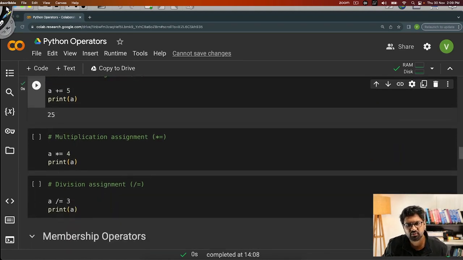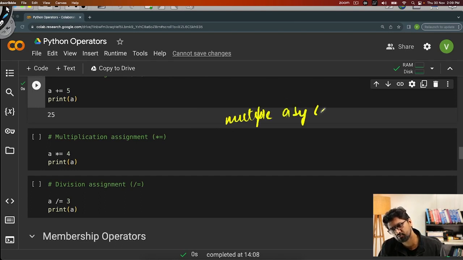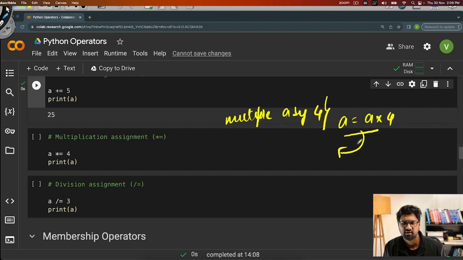Let's say that I want to go and multiply a by 4. I can do this by a equals to a into 4, but the same thing could be done with the help of multiplication assignment by a, multiplication sign equals to, and then I call it as 4, as you can see here.